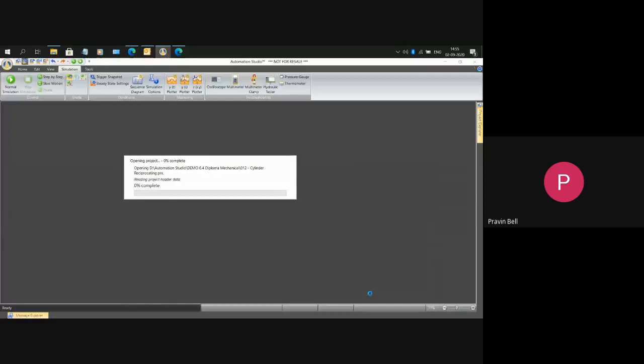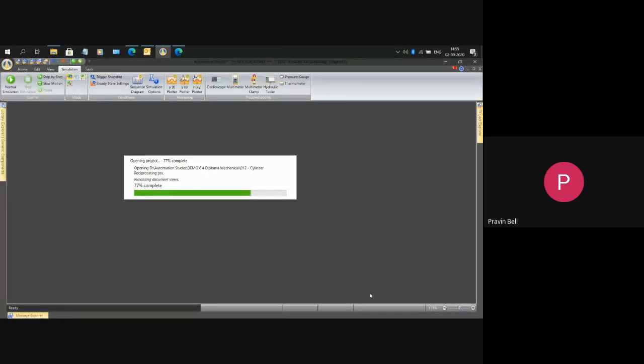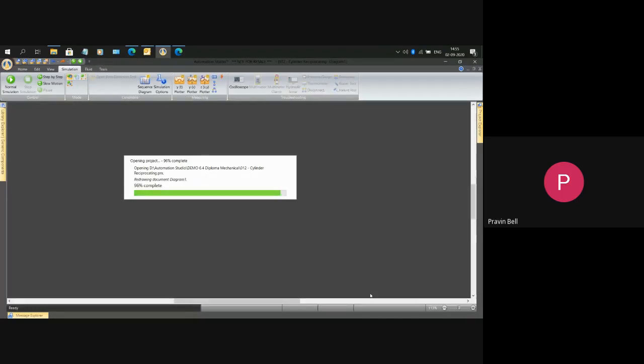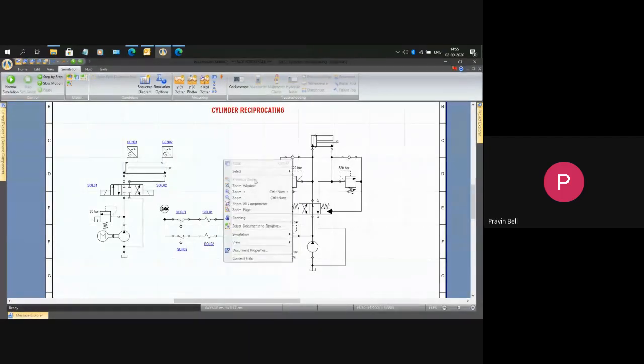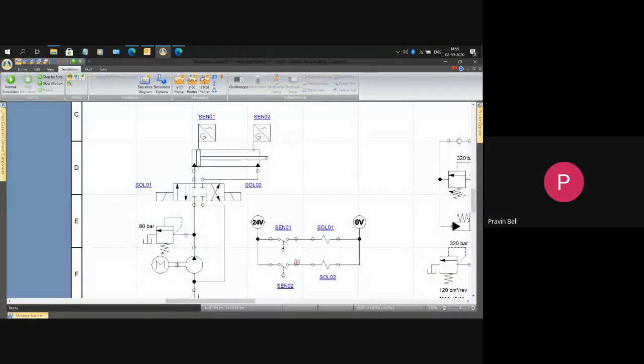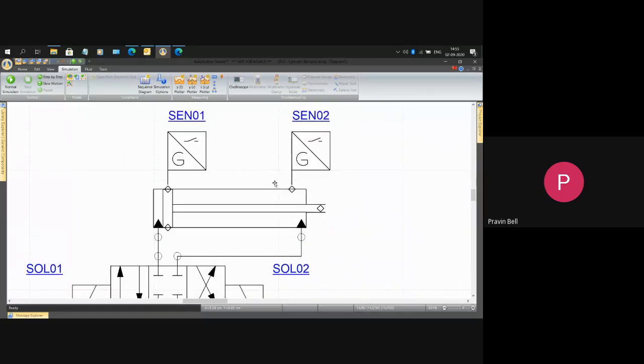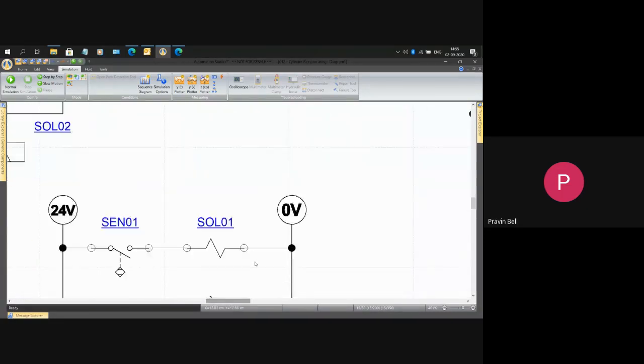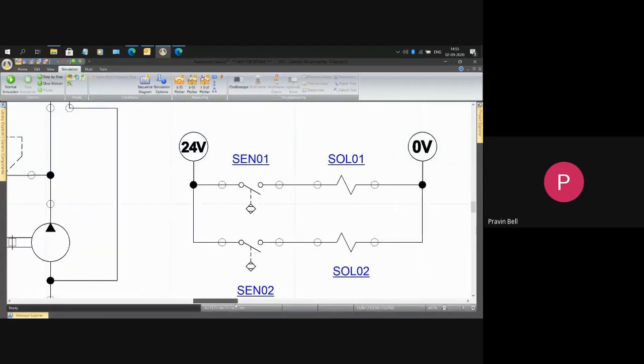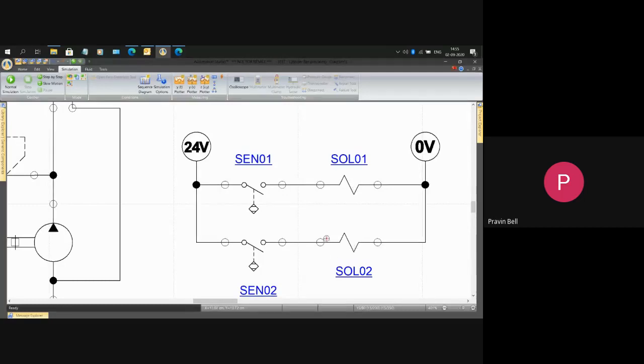This is another practical I've seen in a lot of diploma practicals for hydraulics, pneumatics. Cylinder reciprocating can be done in two ways. One is you can use an electrical circuit here. By using an electrical circuit, if you see on this particular cylinder, there are two sensors mounted, sensor 1 and sensor 2. When the cylinder piston is at 0 position, sensor 1 is triggered, then sensor 2 is triggered. These sensors give the signal to this electrical circuit here. Two solenoids here. This is an electro-hydraulic circuit.